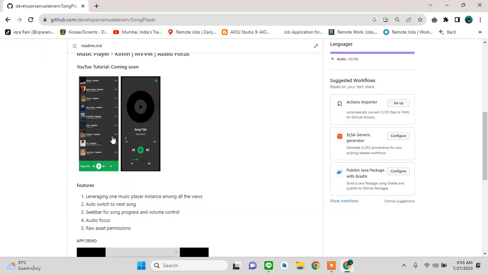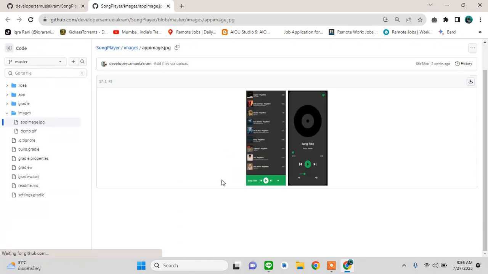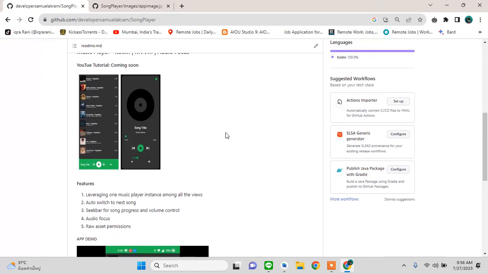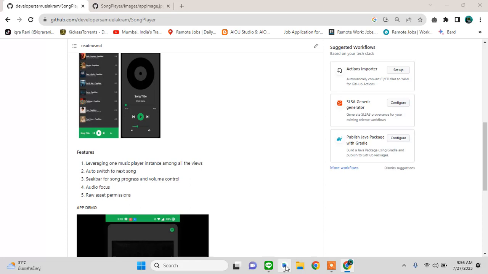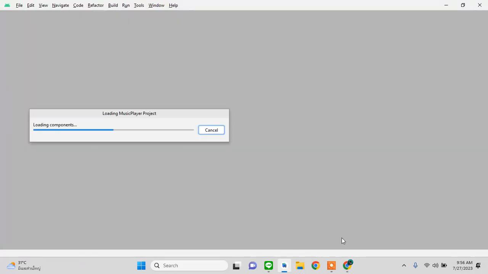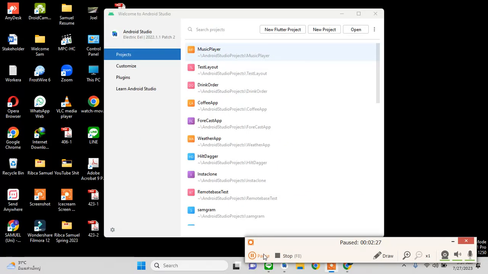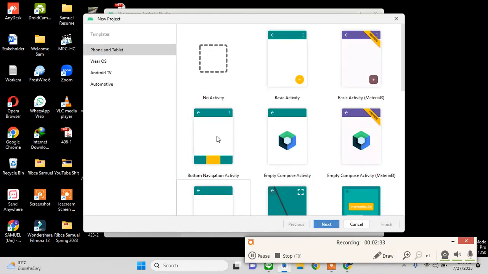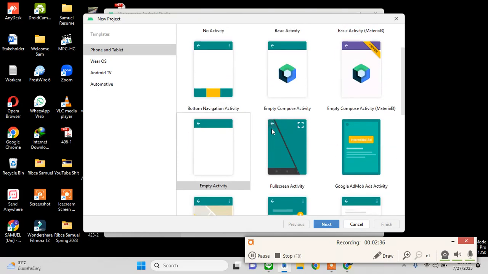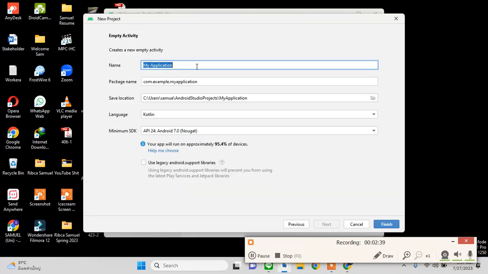And as you can see, the layout looks like this. So pretty simple and I think a good layout. If you're talking about my tutorials, I don't really put a lot of attention to the layouts. But anyways, this is what we have, and now we will just build a new project. So let me just close the old one. Okay, let's name this project my player,